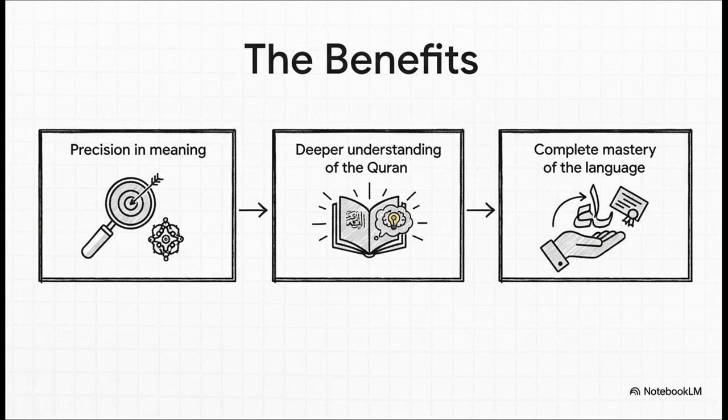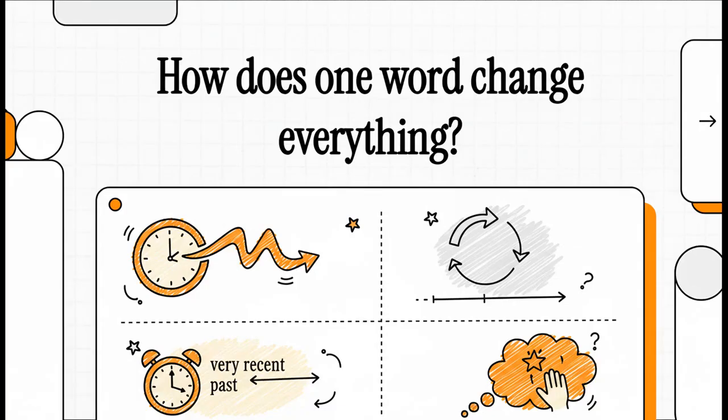It's really about precision. Understanding these forms lets you grasp the author's exact intended meaning. And that's absolutely vital when you're reading something as important and layered as the Quran. Ultimately, this is the difference between just knowing the words on a page and truly, deeply understanding the soul of the language. In the end, it all comes down to this simple but honestly pretty profound idea. A single word, a word like kana or qad, can completely change the timeline, the context, and even the emotion of an entire sentence. And that right there is the real elegance and the real power of the Arabic language.